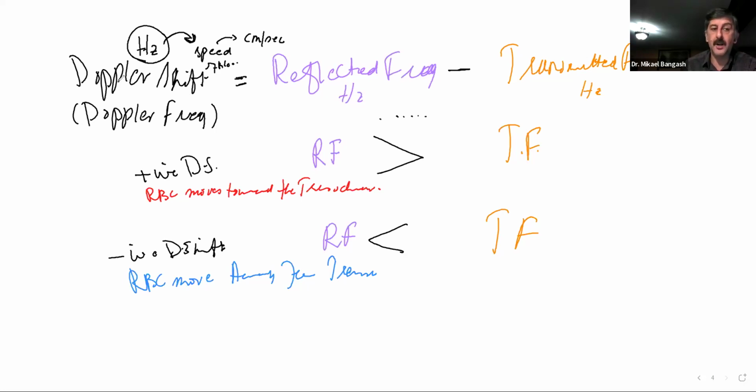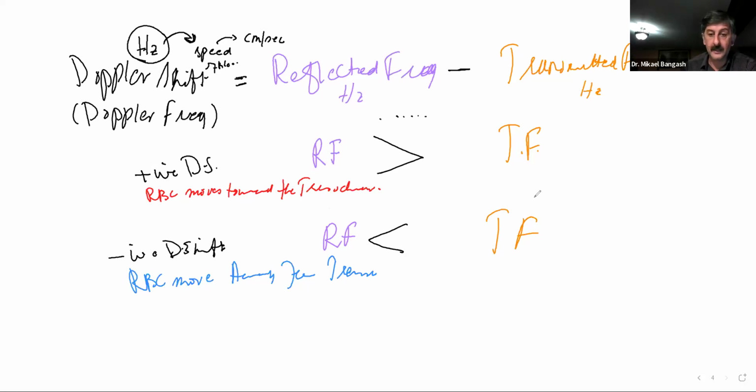You can ask, why a Doppler shift? Because it's a shift in the transmitted frequency. The frequency that we receive back, which is the reflected frequency, is greater than the frequency of the sound that was transmitted. That will be positive. Whereas if it's the other way around, the frequency of the reflections is lesser than the transmitting frequency,